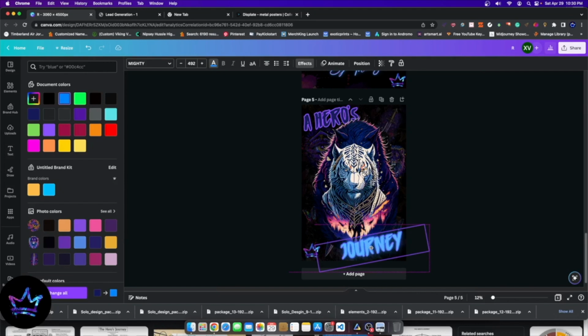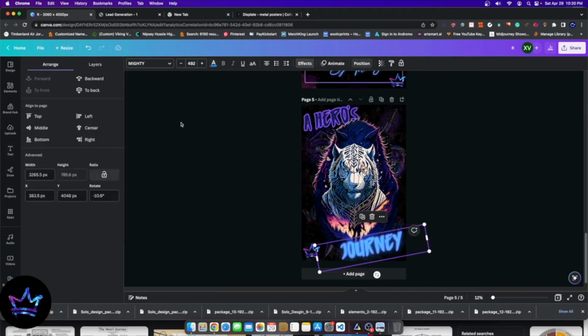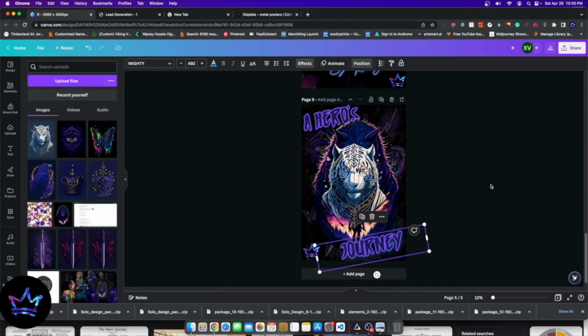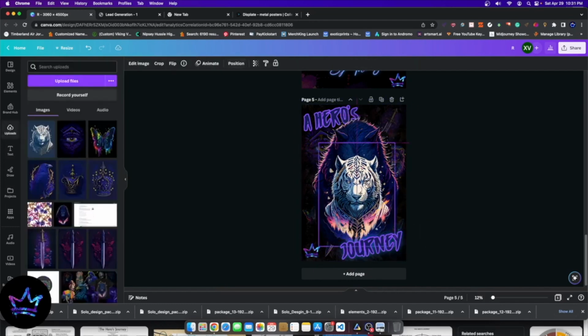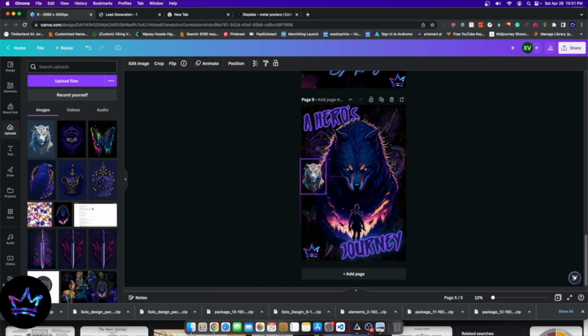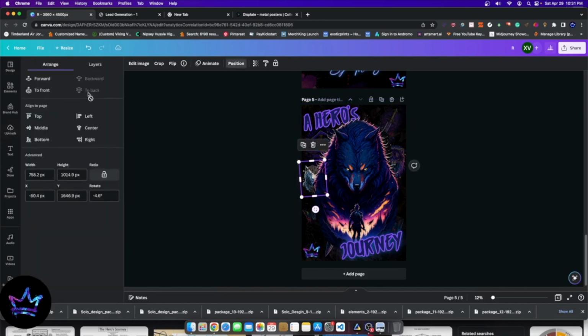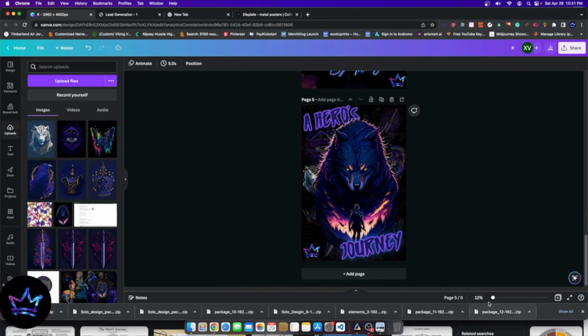If I take this and then move it backwards, so position, back, you can see here it now creates a glow, which is different for sure. Let me go ahead and just take it in position, backward one. There we go, just like that. That makes a better design overall, I think. And then I'll take this here, and then move this here, move this to the back, just like that,